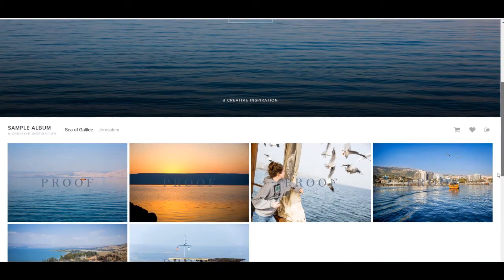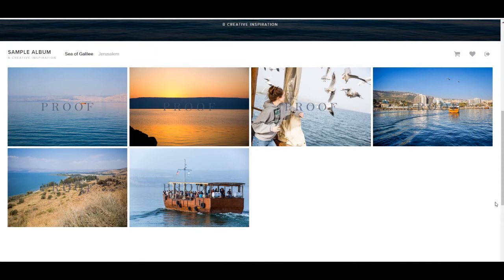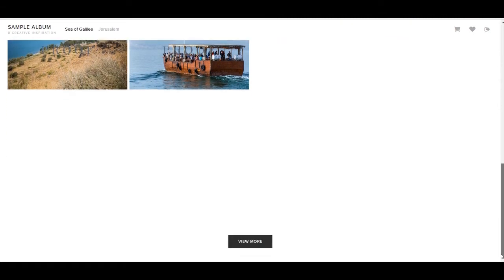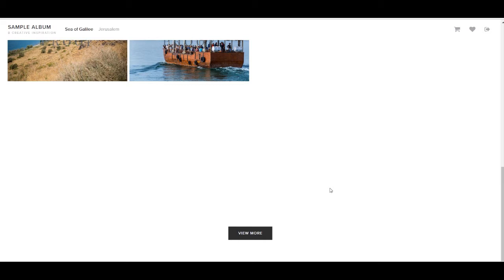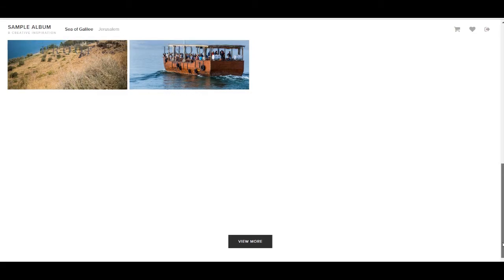You scroll down, you can see the photographs that are included in the album. In this case, there's only a few, but what you'll see is a lot more, so you'll scroll all the way to the bottom to get to the very end. They'll populate as you scroll. When you see this button that says View More, that's when you know you've reached the end of the photographs